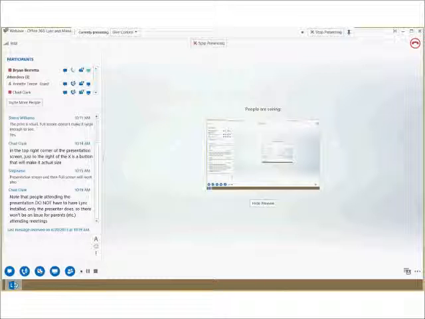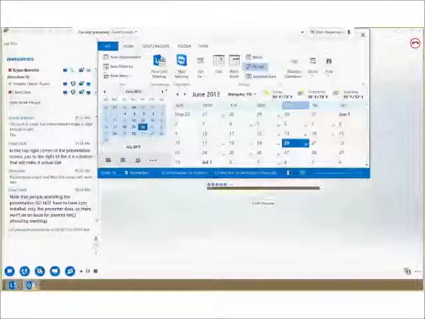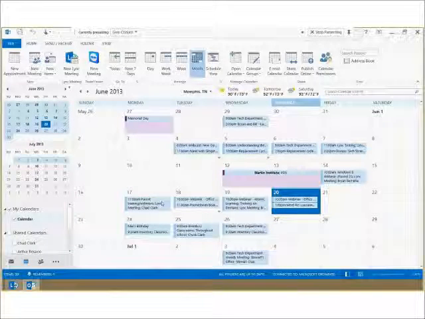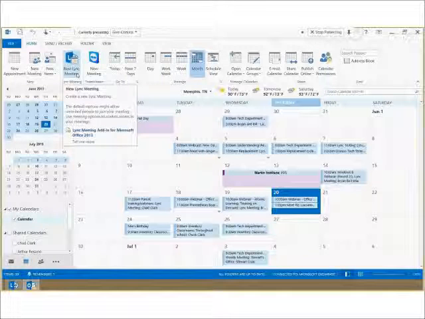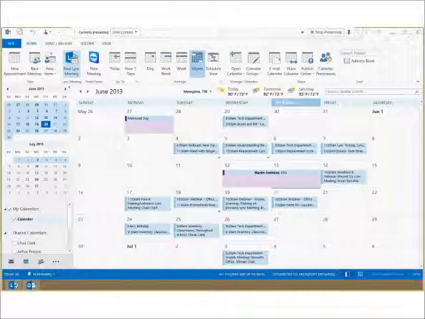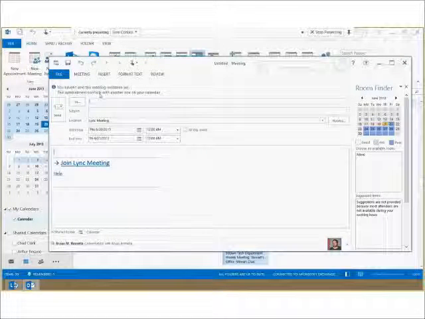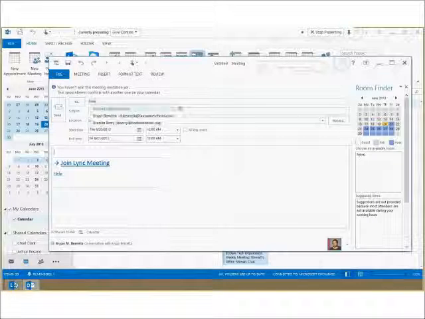The way you would do that is through your calendar. All you have to do in your calendar is click on the new Lync meeting, and this is if you're running Outlook. On the Outlook web app, it's very similar to this. Just click on the new Lync meeting, and it's going to bring up the calendar event. So you're going to type in, let's say I'm going to type in my Gmail account,